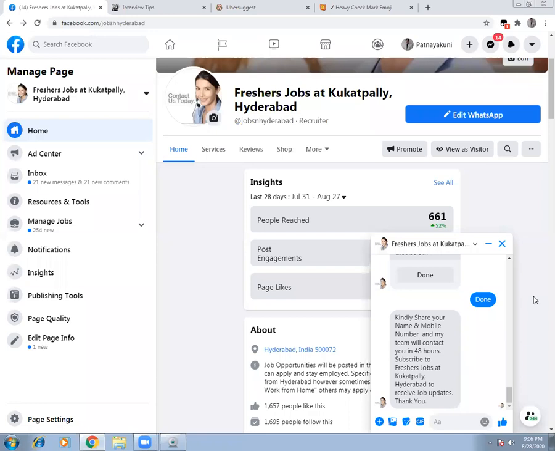As recruiters, we face a lot of controversies where people say they will call us, they will do the interviews, but they will not give feedback on time and all. I am trying my bit to ensure that it is a systematic process. Rather than calling people to office and rejecting them and sending them back, I'm asking them to prepare and attend my interview, and then the chances of you getting selected will be multiplied. So don't you think this is a beauty? This is called automation on Facebook.